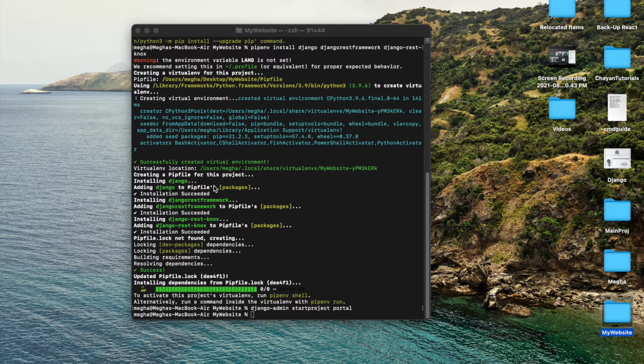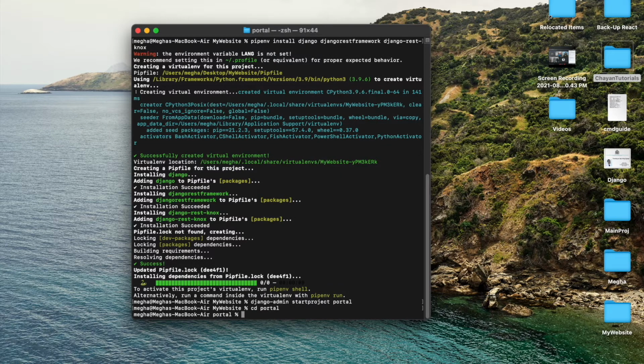Once you have done that, you have to go and check for the manage.py. Now navigate into that particular folder. I will say cd portal. Now in this portal I can create as many apps as I want.